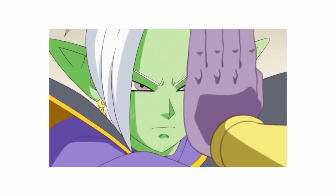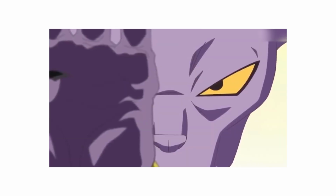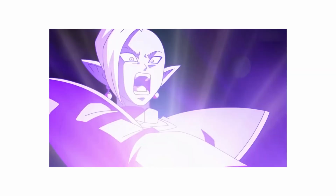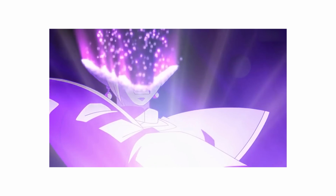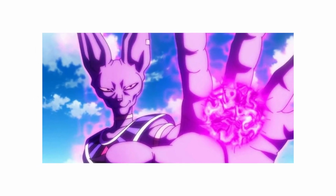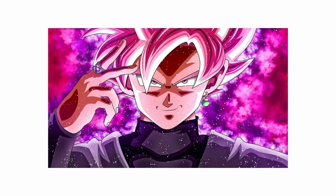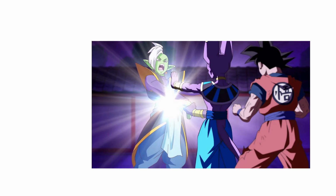To use Hakai, the god of destruction usually points their hand or extends their fingers and says Hakai. Then, a bright energy wave shoots out and hits the target, making them vanish instantly. This move is so powerful that it can destroy anything, whether it's a big rock, a spaceship, or even a powerful enemy. In the story, Beerus uses Hakai to destroy a villain named Zamasu, who was causing a lot of